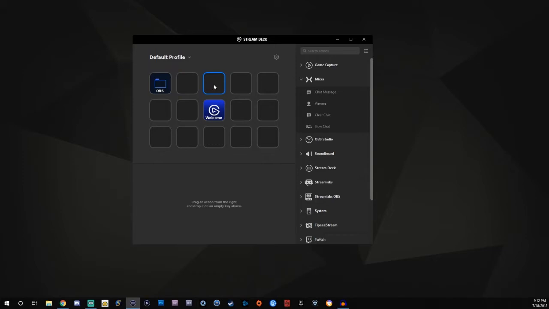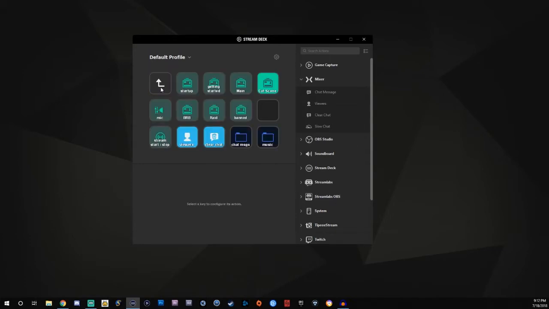So first things first, once you have it downloaded, you're going to see just this little guy here in the center. You won't see this. This is one that I currently use for my actual streaming. And just to kind of give you guys an idea, I'm actually using my Stream Deck to navigate right now. So this is what I normally have. These are all my scenes. So these guys are all different scenes. So I have my startup, my get started, my main, my cut scenes for whenever I play story games, my be right back transition, when I get raided,